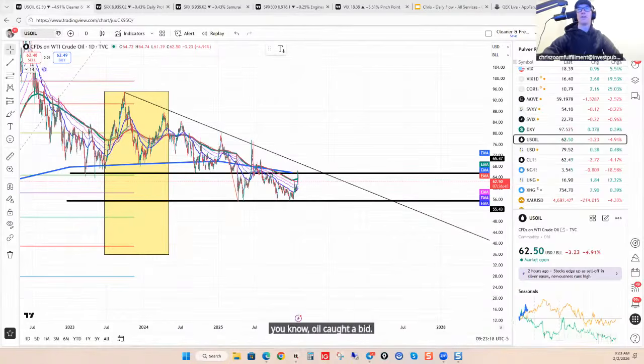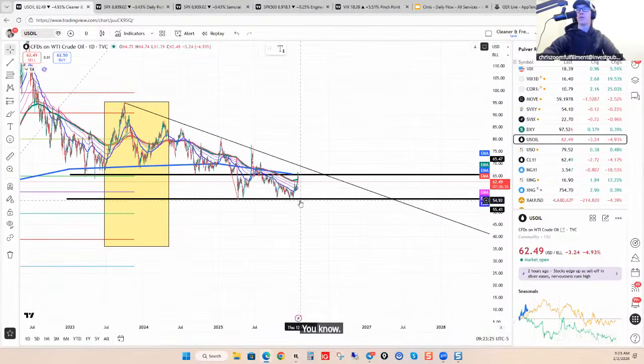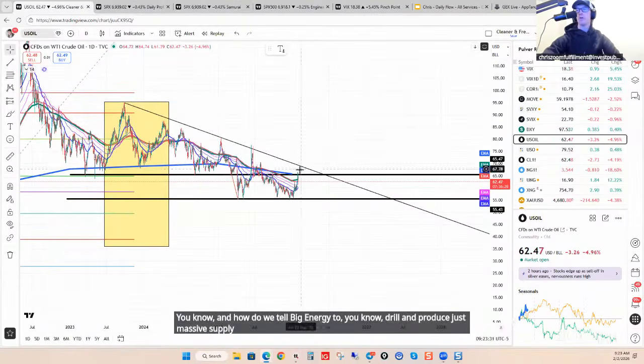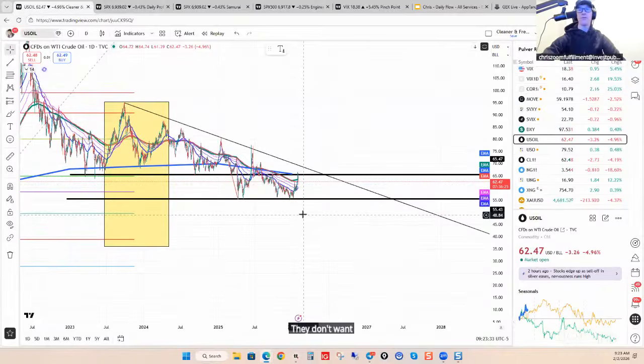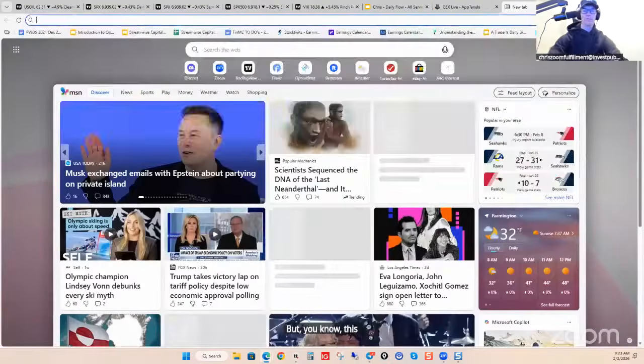The one thing that is a bit scary with this flare up in commodities is how do we tame inflation? And how do we tell big energy to drill and produce just massive supply when it's not profitable? They don't want $55 oil. They don't want $50 oil. So maybe it's here in this sweet spot where they can start firing up some rigs and drills. But this also brings,